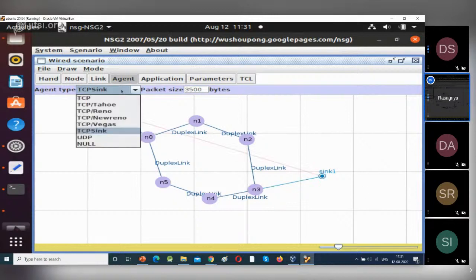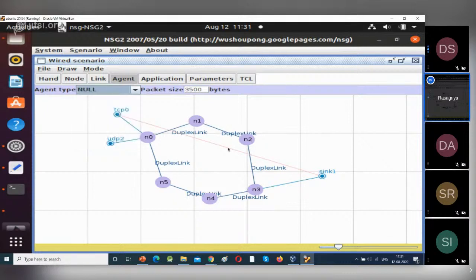Now select UDP as my next agent. I am connecting it to N0. We can connect multiple agents to one device. Select N0, move and click. For UDP, the receiver will be null. Select null.